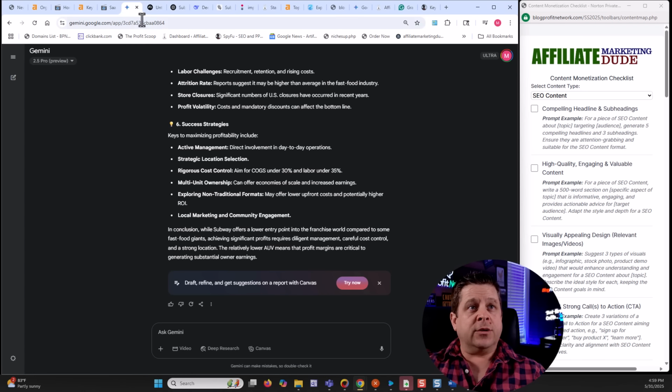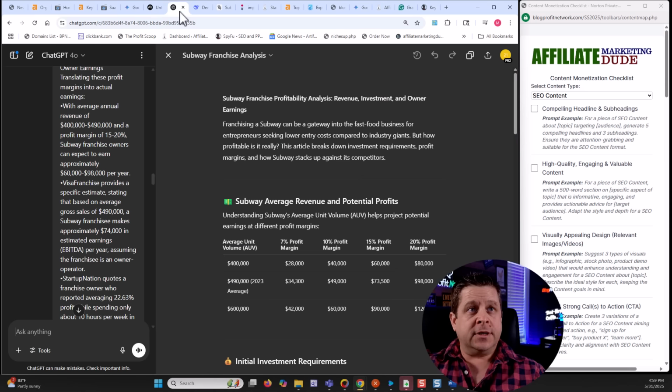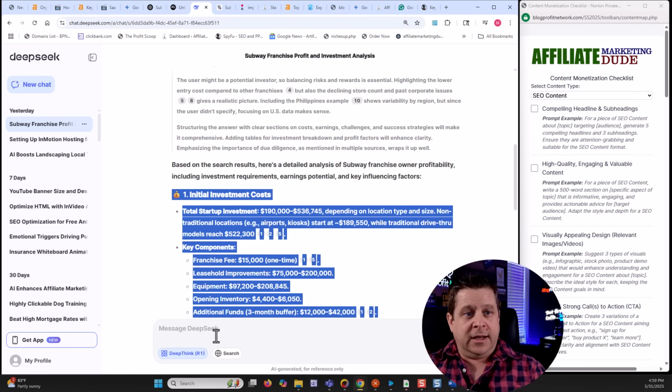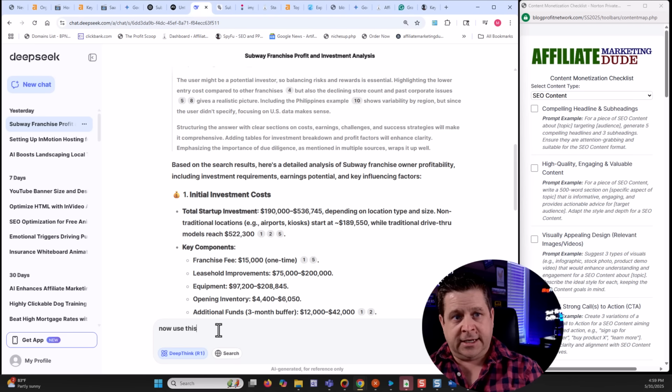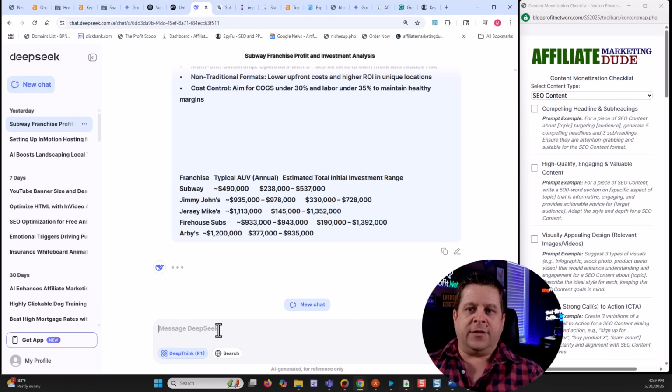So Gemini is going to work here. It's got the draft. We have ChatGPT with the draft. Let's go ahead and say, now use this, make a blog post, tables and all. All right, now what we're going to do is walk this through, because